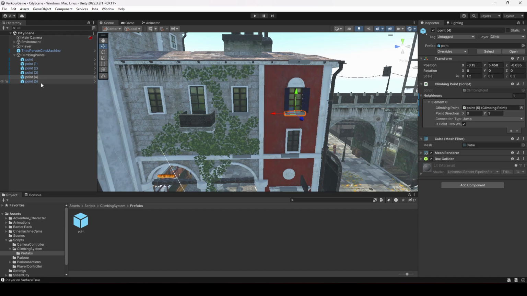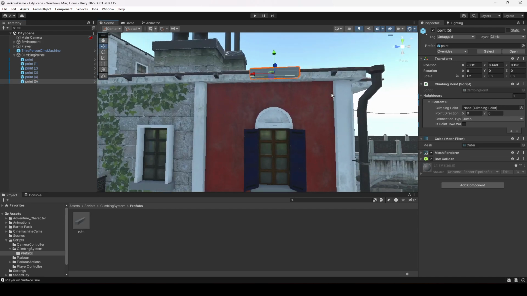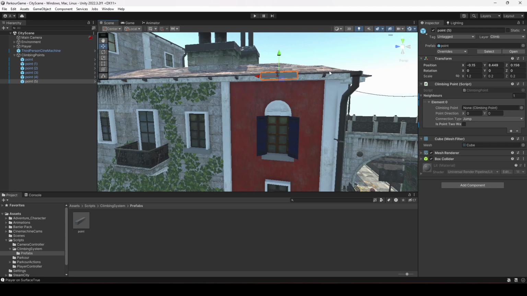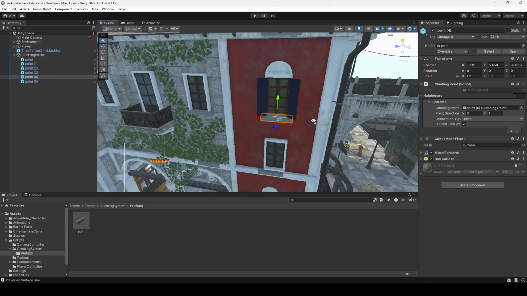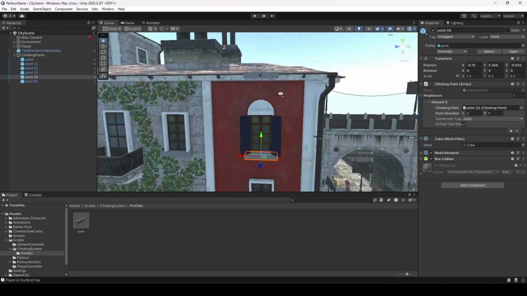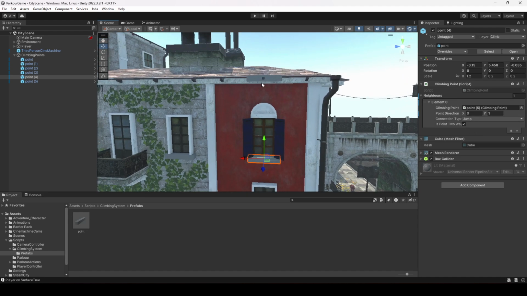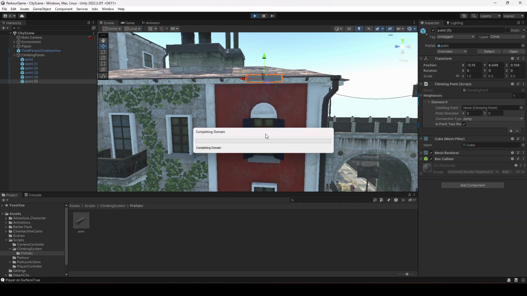Now if I stop the game, let me select the last one right here. What we will do, actually select the second last right here. As you know, from here we only jump to that point. Okay, so we don't want the player to jump down again. So what we will do, we will remove this is point two-way from this second last. Okay, not from the last one, because when the player jumps from this one to that one, then we will remove this point two-way so that the player doesn't jump down right here. Okay, now if we play it,